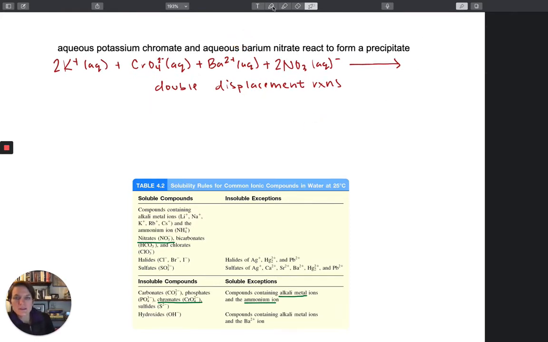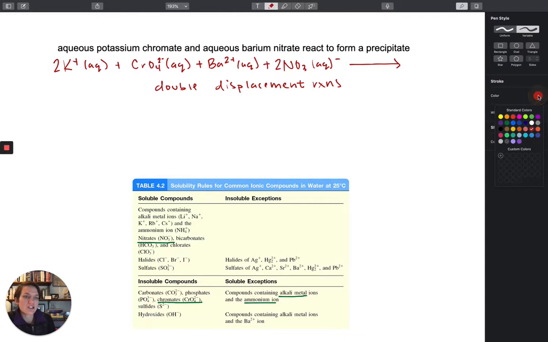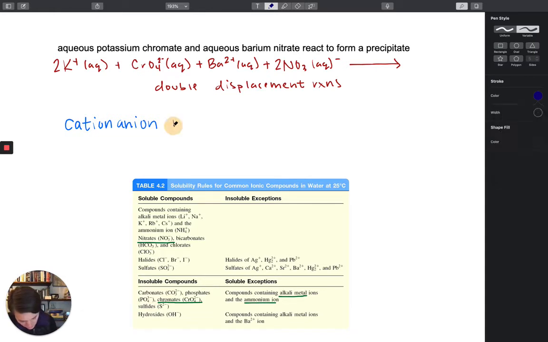In a double displacement reaction, you're going to have this exchange of cation-anion pairs. So let's say in these double displacements, you have an initial cation-anion pair plus another cation-anion pair. And we know that these are actually separated in solution, like our potassium chromate and our barium nitrate,